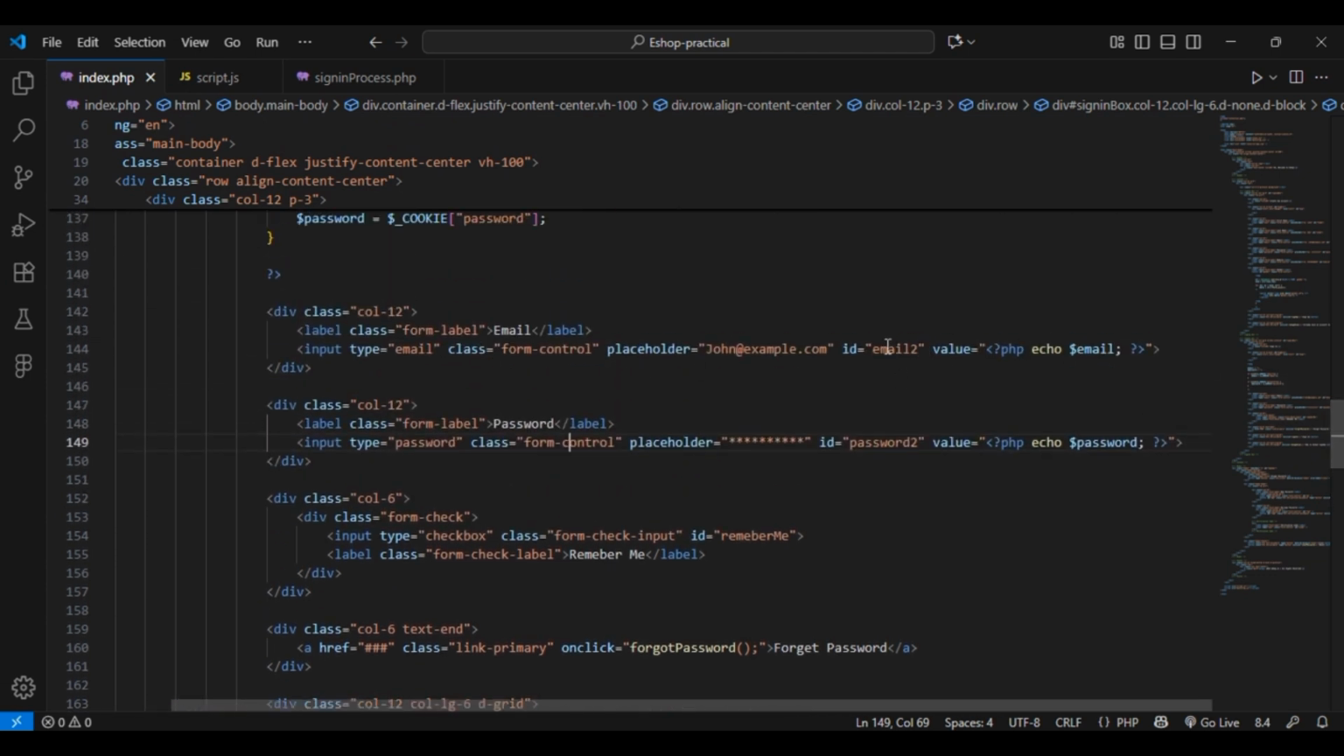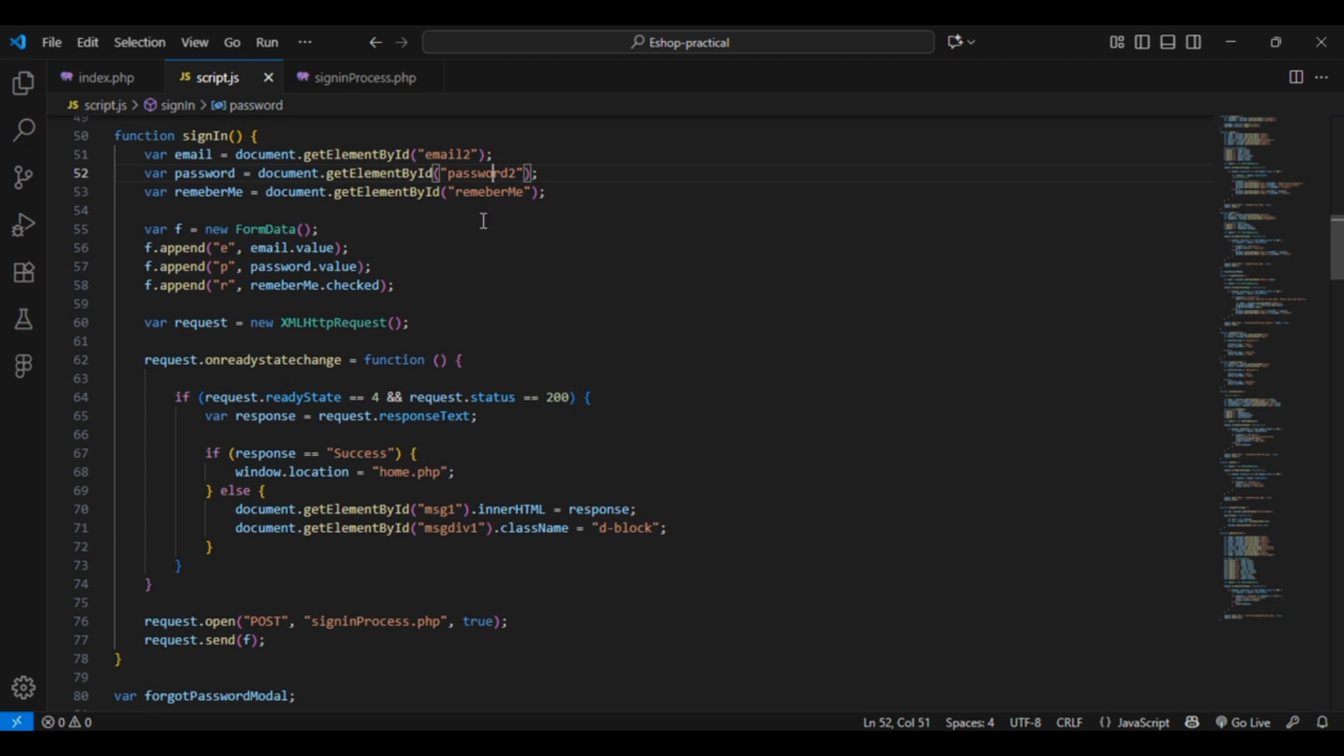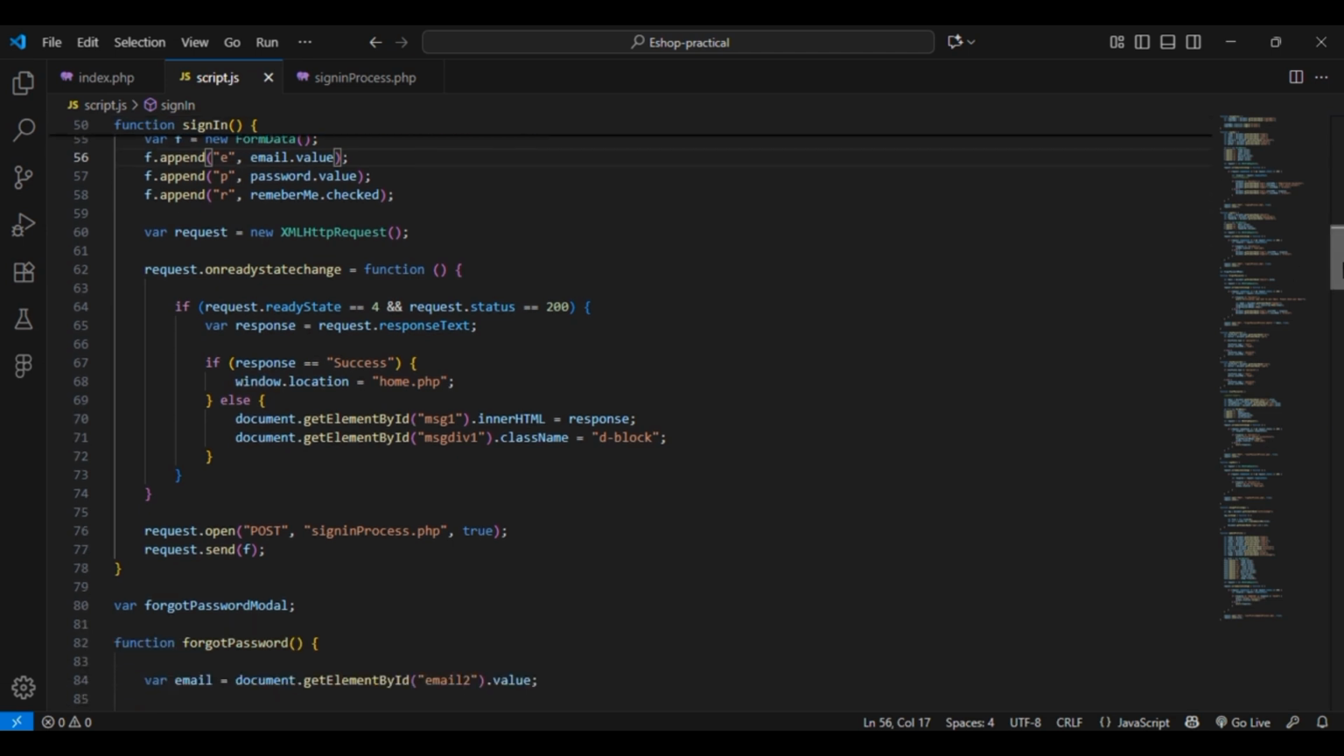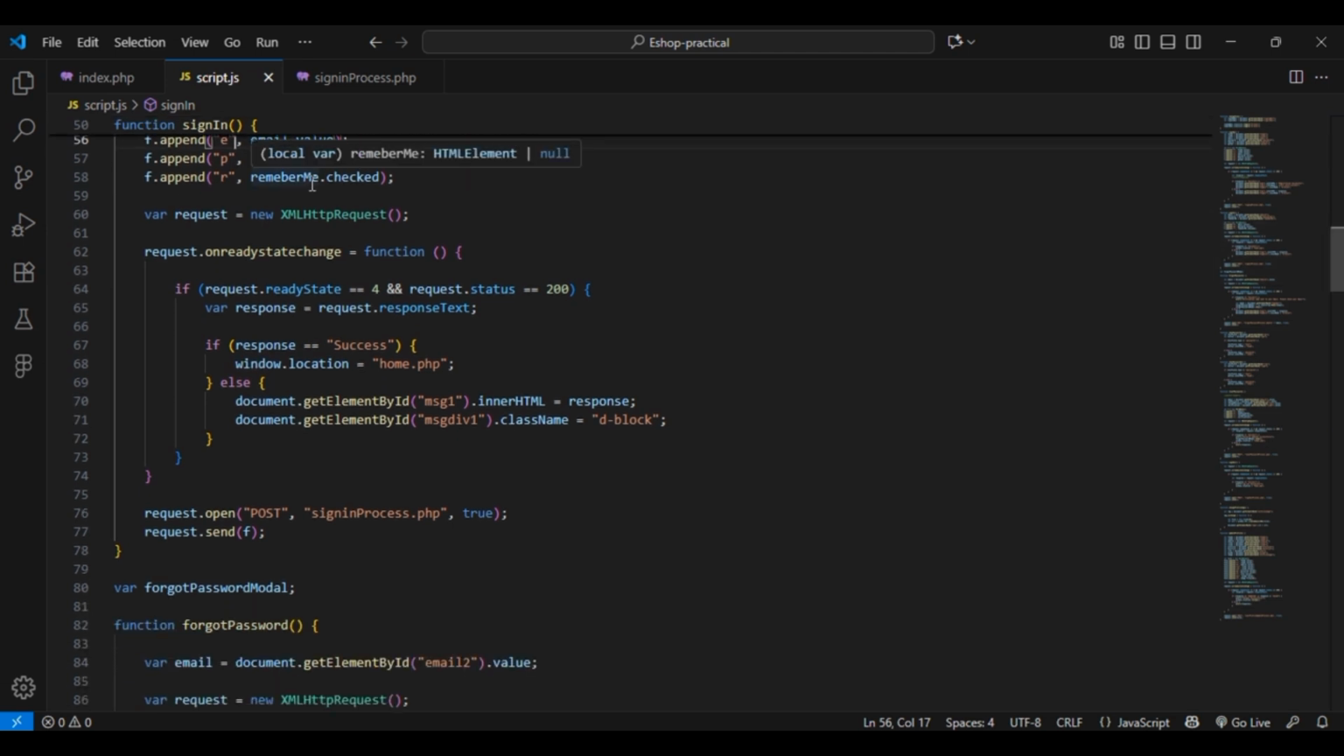For email I have given the ID email2, for password password2, and for remember me I have given the ID rememberme. I have taken them as they are here, and I have declared a variable for each to hold the value. Then I have created a form data and appended the values taken before by the elements, and I have given a name to each value. And then I have created the HTTP request,